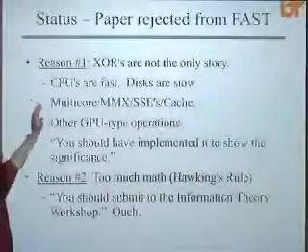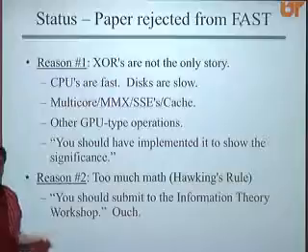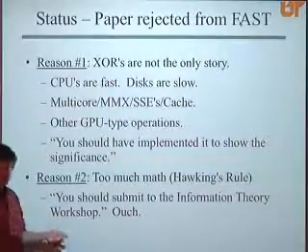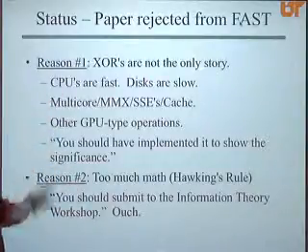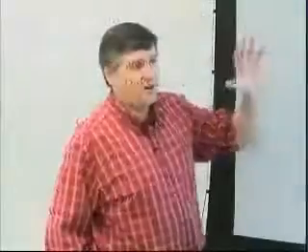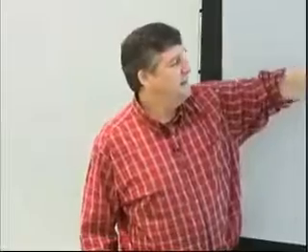The first reason it didn't get in is that it focuses solely on reducing XOR operations, which is nice because it's an open problem, and I can focus on it. But CPUs are fast and disks are slow, and our CPUs are no longer nice, beautiful RISC machines that you can reason about. They're these big, junky, awful things that you can't reason about, and you've got to use vtrace to figure out anything. Turning that into a nice, elegant problem is something I can't do. So all of these things aren't addressed by my work. And I got the line, you should have implemented it to show this magnificent result, put it in a real system, and I thought, oh, screw you. But okay, there it is. That's the main reason it got knocked out.